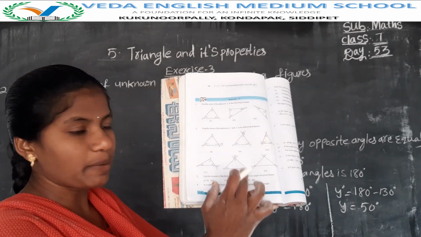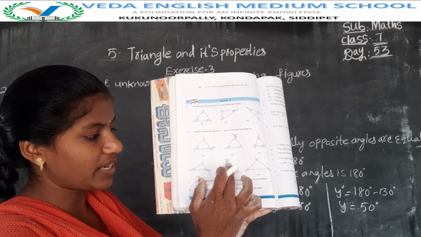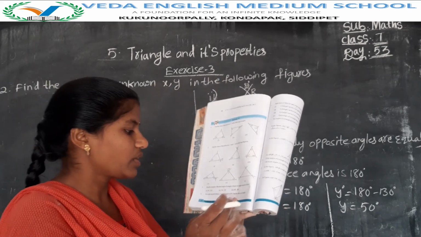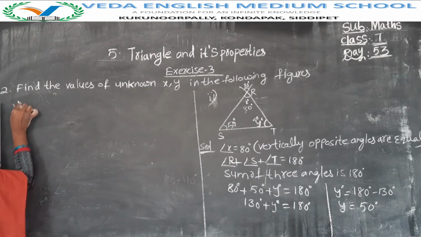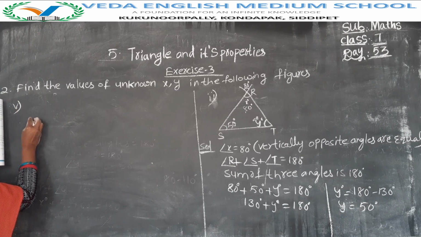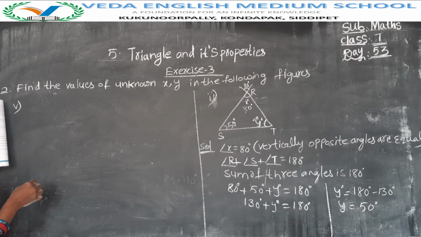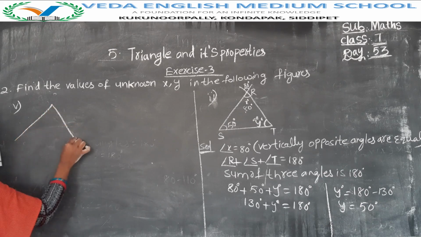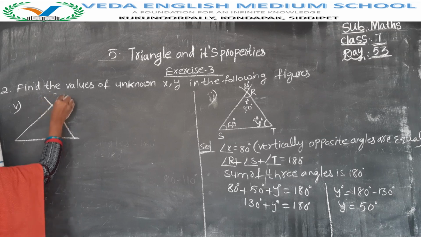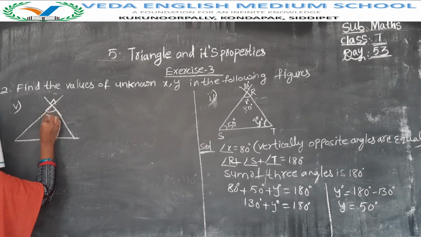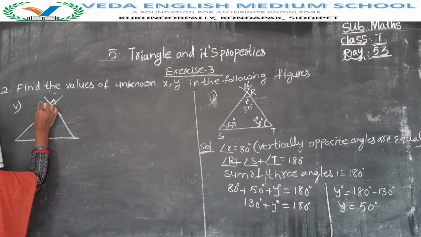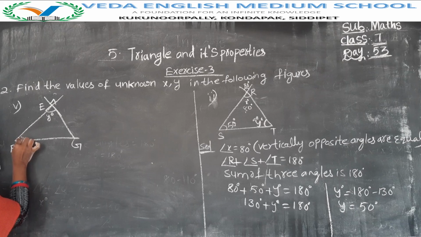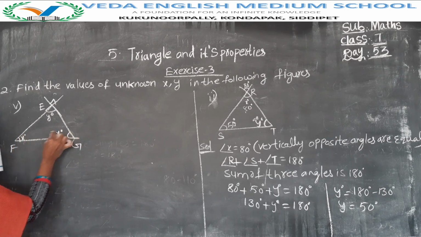Now these two are vertically opposite to each other. When it is 90, it is also 90. So 2x, I'll explain this one also. See, you should write like this. Vertically opposite angles are equal, so angle y is equal to, I am not drawing the figure, otherwise I will draw. It is 90, it is y degrees, it is E, F, G, it is x, it is also x. That means these two angles are equal.